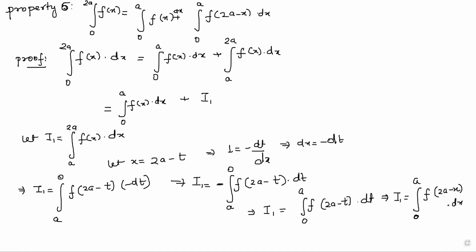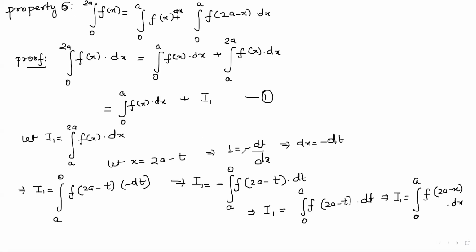Now, next is we have this one. Okay, let's just be first. So put I1 in first. I1 को first में put कर देते हैं. First क्या था? This one, integral 0 to a f(x) dx. So कितना हो जाएगा ये? So property is integral 0 to 2a f(x) dx is equal to,